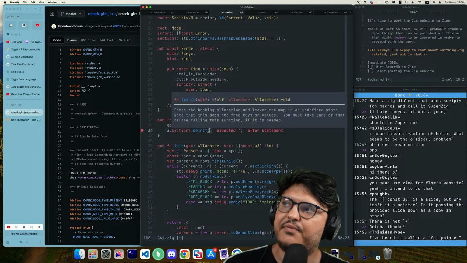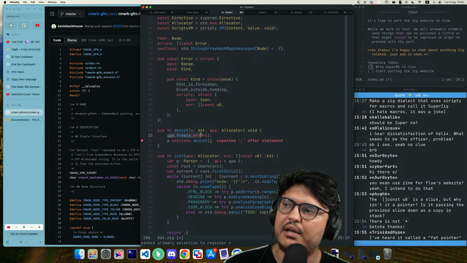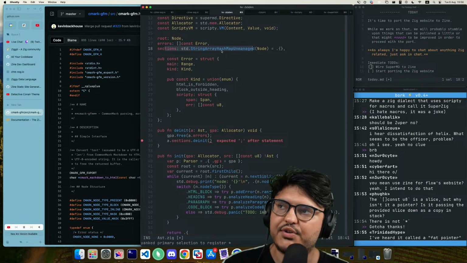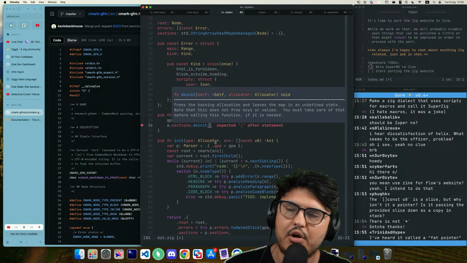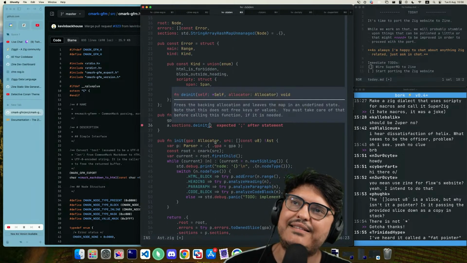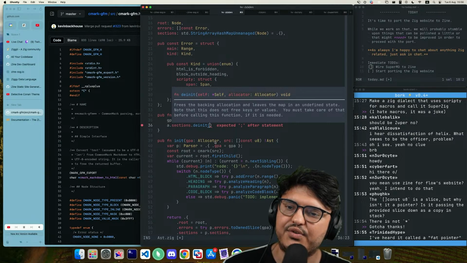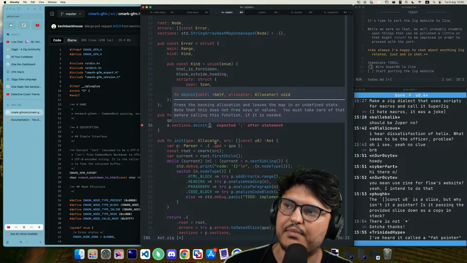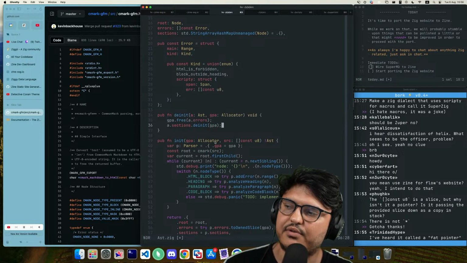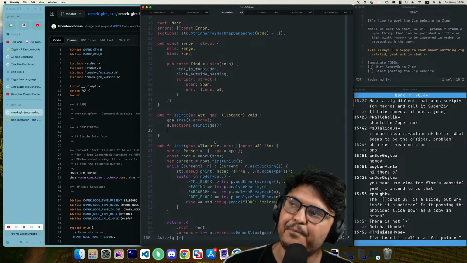So errors gets freed through the allocator directly because it's a basic type, it's a slice. But sections is one of those data structures that manage memory, so it has its own deinit because we don't know precisely how the implementation works. It's not like it's hidden from us. We can peek into it, but generally speaking you want the thing to manage its own memory, and so you just pass down the allocator, and the thing does its own thing.